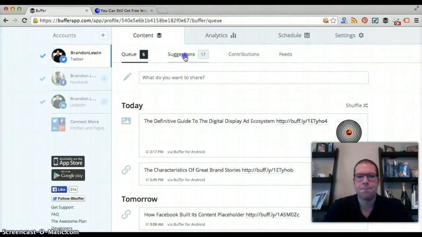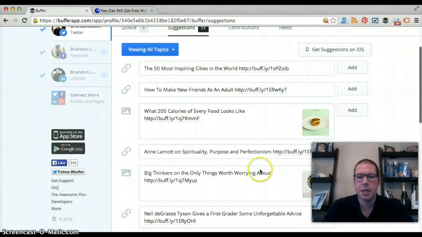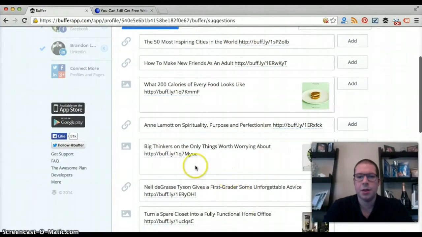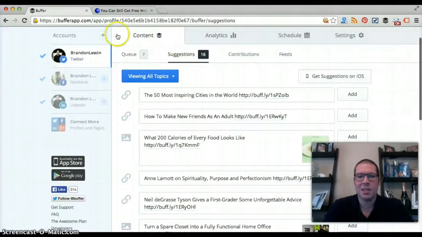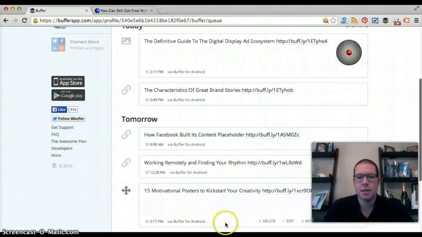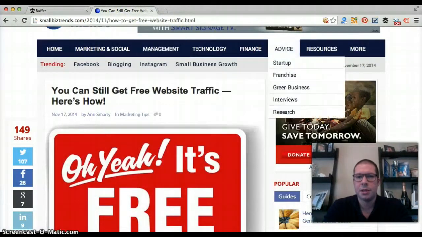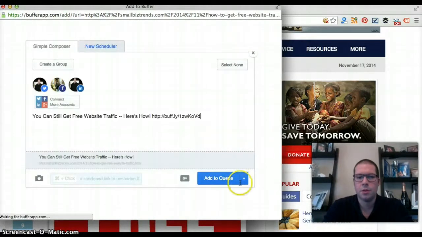We're going to go into the suggestions. So if you find something here, you're going through it, you like it, so let's say "Big Thinkers: The Only Things Worth Worrying About," we hit add, and then it will be added to the queue. As I said, depending on how you schedule everything, you will see that some of these posts will be pushed down. So if I went ahead and buffered this one and I add it to the queue, which I'm going to do,